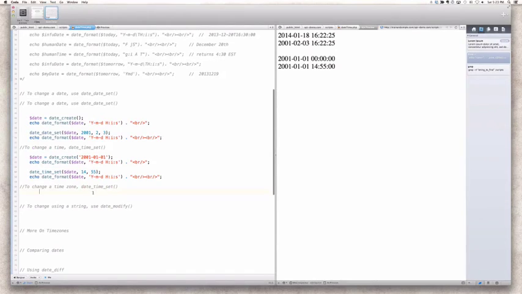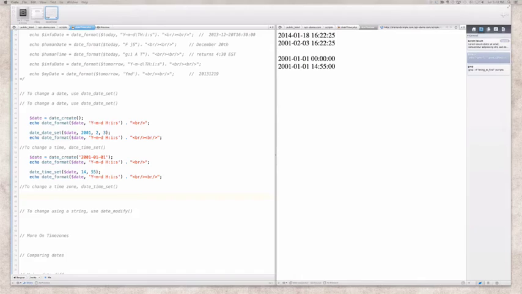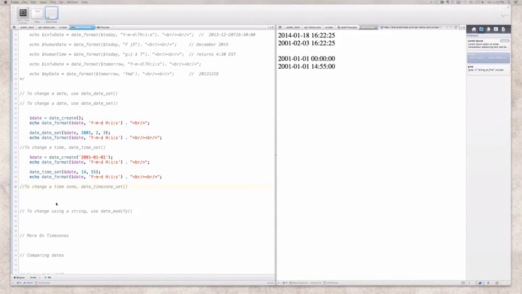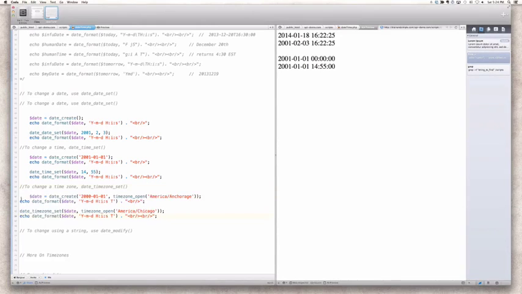Now we can do the same with a time zone. So to change the time zone, we're going to use, that says date time set, but that is actually not right. This is actually date time zone set, like this. Let me grab this. Okay. So